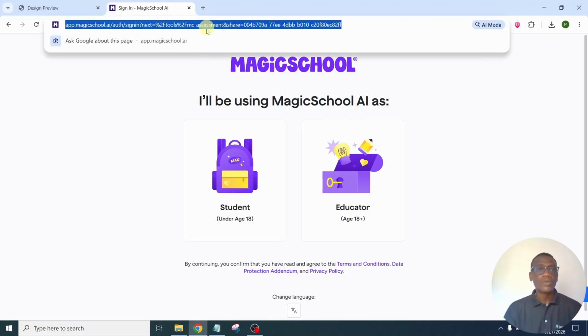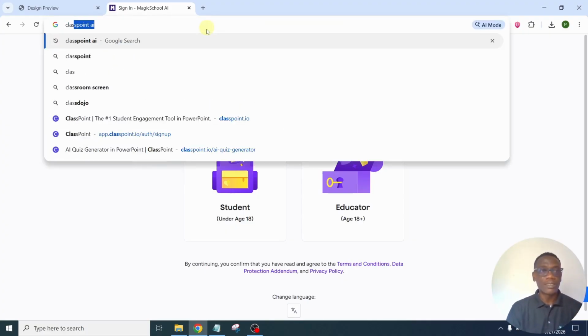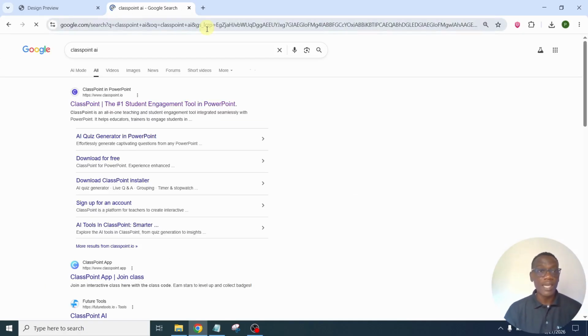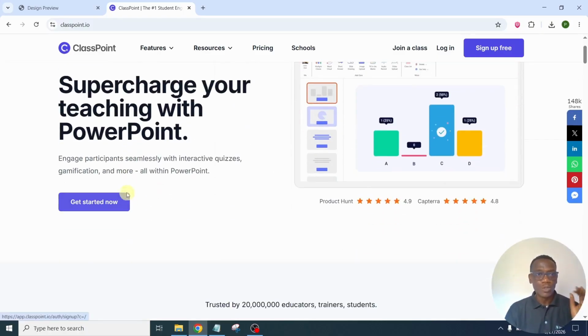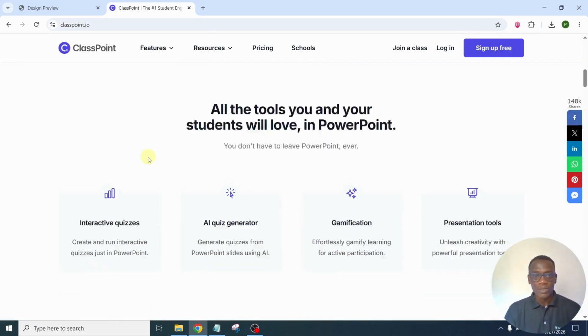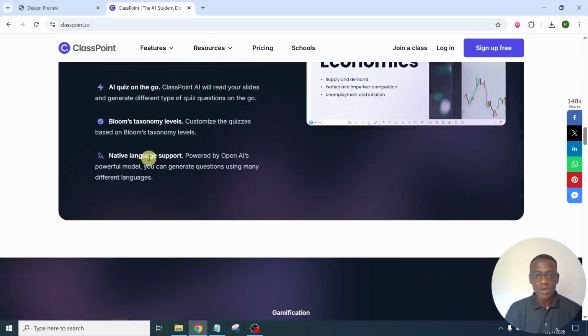Okay. Now, the next one, which is number 3, is Class Points AI. So if you come to this place, Class Points AI, this particular one lives inside your PowerPoint. If you already have PowerPoint, you don't need any other platform. So with Class Points AI, you use it to supercharge your teaching with PowerPoint. Okay, you can see their home page,